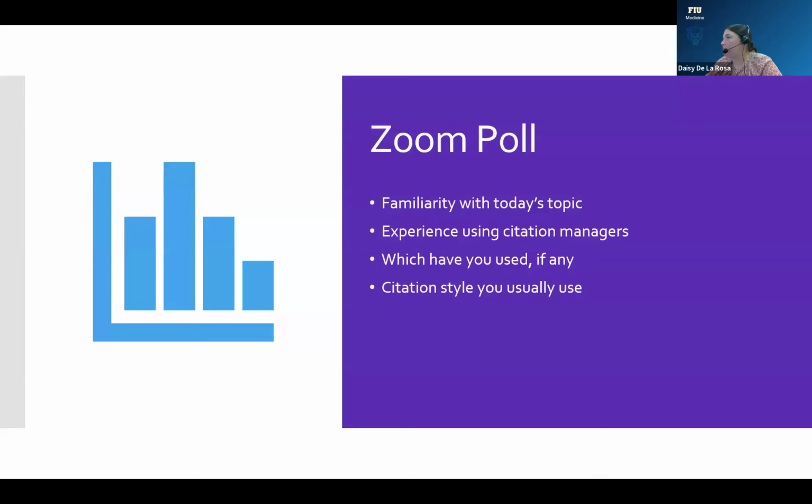All right. Okay, we'll leave it open for about 20 more seconds. We have almost everyone participating, so that's good. All right, so I'm going to go ahead and end the poll